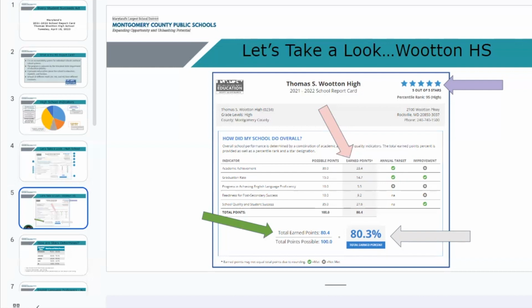You have 35 possible points, and we have earned 27.6 points, right? So those are some things within the actual numbers of the school report. And Camille, if you want to hop off mute and ask that question, this will be a good time, and then we'll take a look at the next slide.